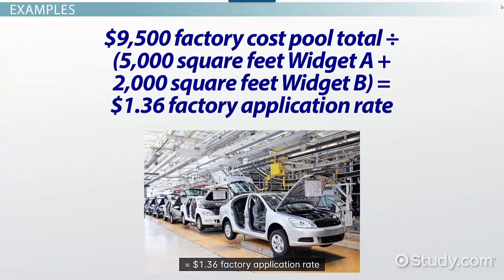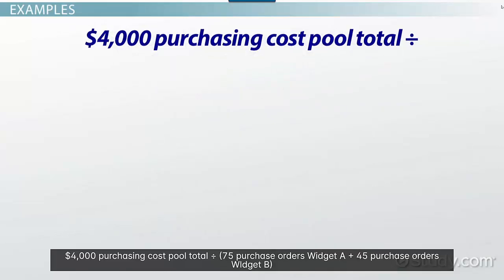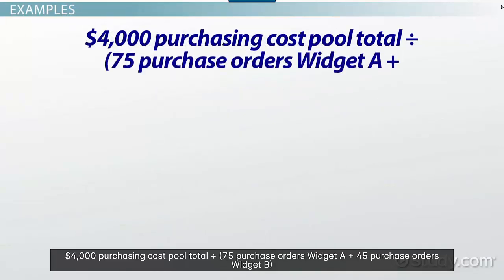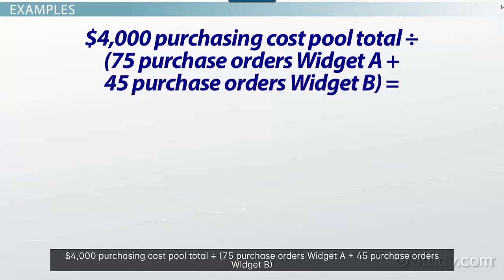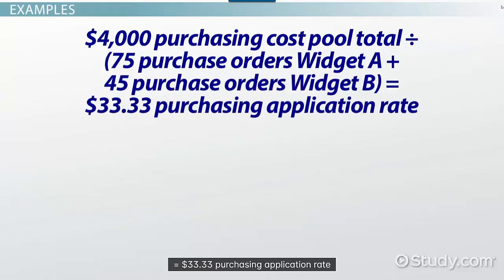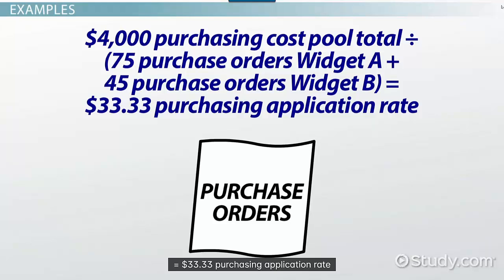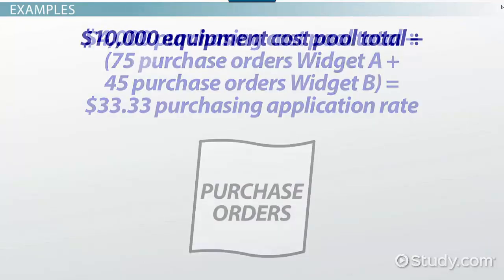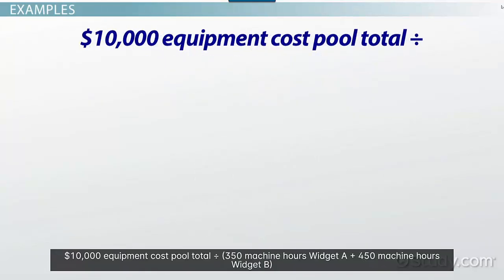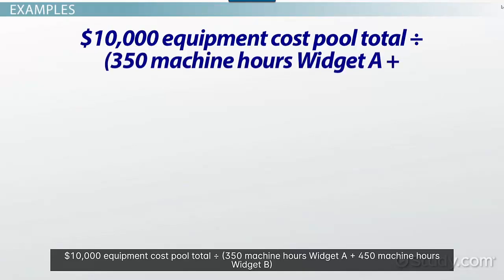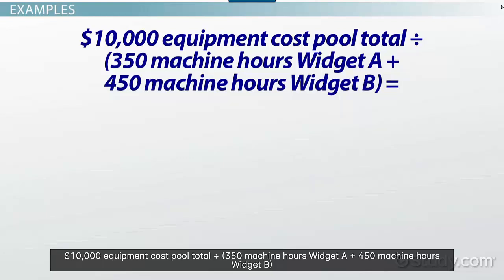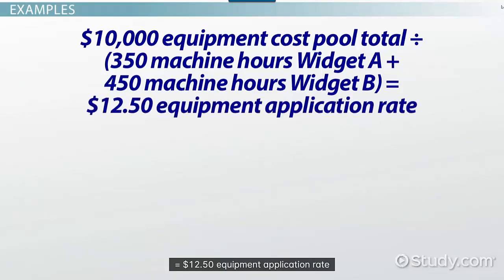$1.36 factory application rate. $4,000 purchasing cost pool total divided by 75 purchase orders widget A and 45 purchase orders widget B equals $33.33 purchasing application rate. $10,000 equipment cost pool total divided by 350 machine hours widget A plus 450 hours widget B equals $12.50 equipment